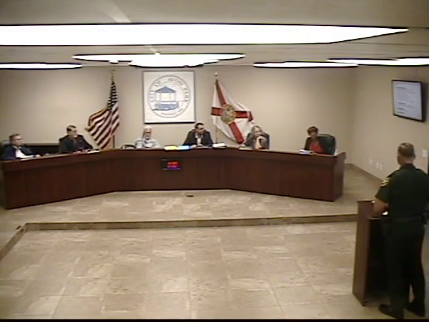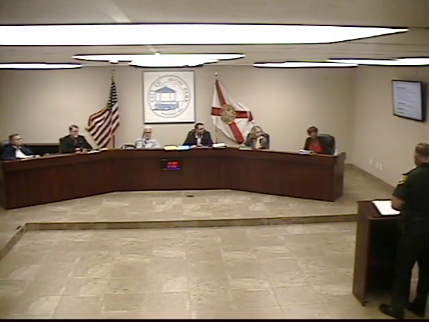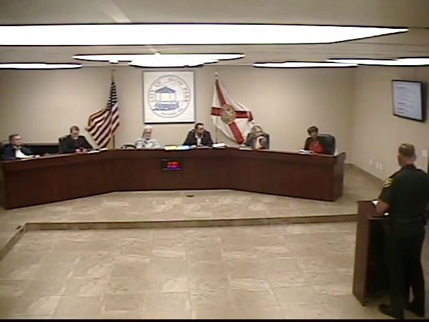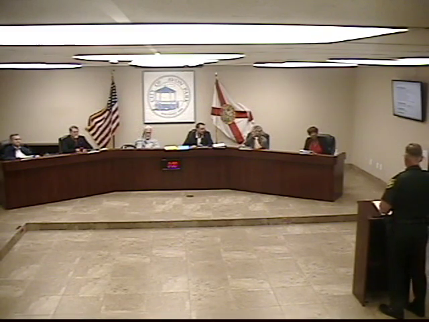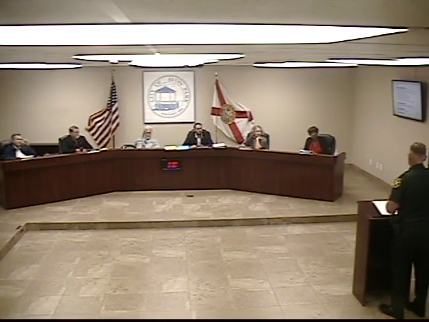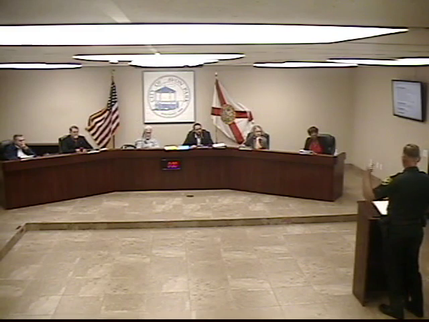Sheriff Blackman, may I ask you one question? On the south side of Avon Park, there was a tower up there. Are you going to be doing that periodically throughout the whole county? A tower? Well, there is what we call an eye in the sky, which is a marked piece of equipment that we can elevate. It gives us a better view of what's going on.